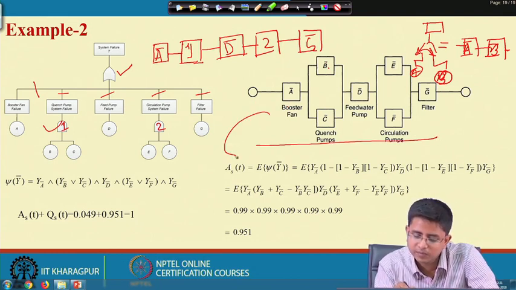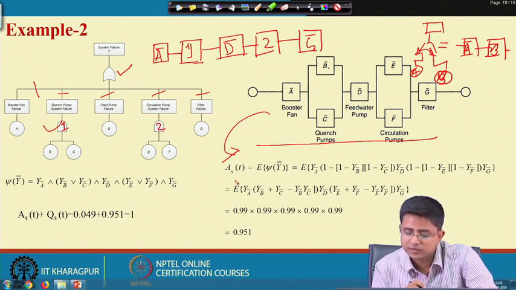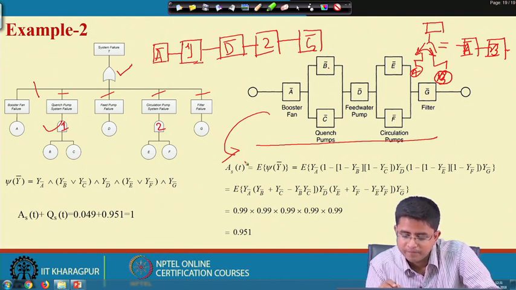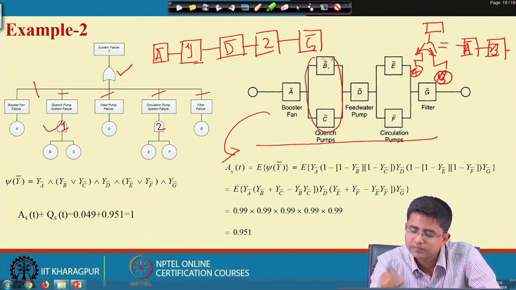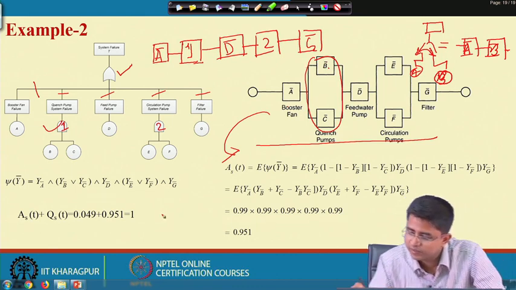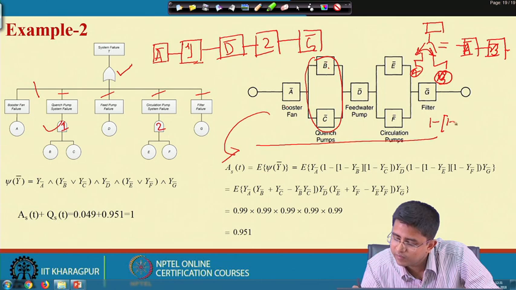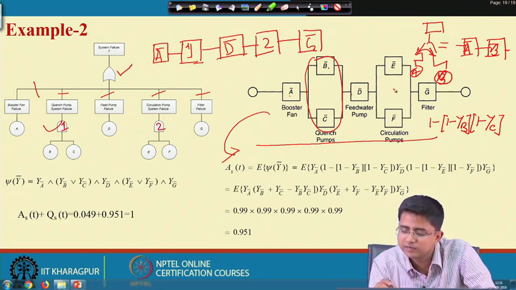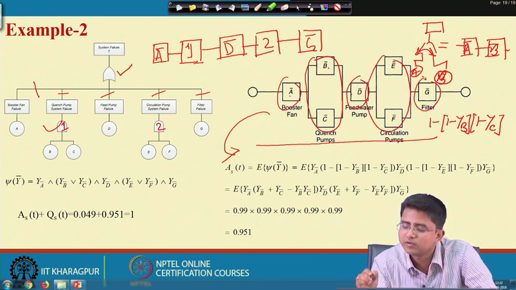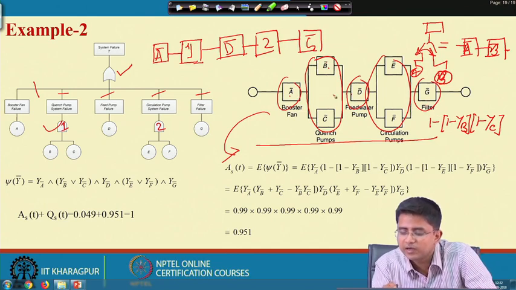Now from the reliability block diagram we can calculate the structure function of it. So, how to calculate the structure function of it? As B and C is in parallel, so the structure function of only this portion, if we want to write, it will be nothing but 1 minus y b into 1 minus y c, and as all the things are in series, this input A, this input, this, all the things are in series, we have to multiply all the things.